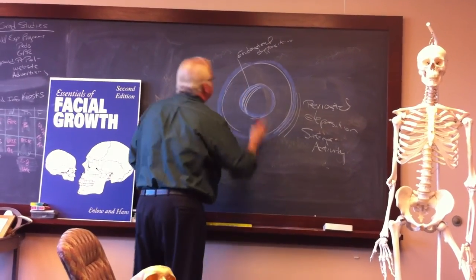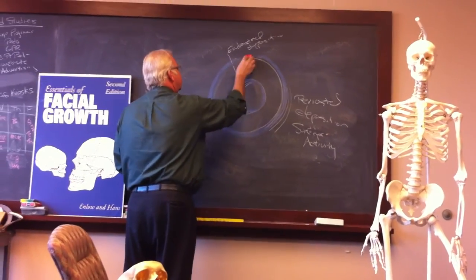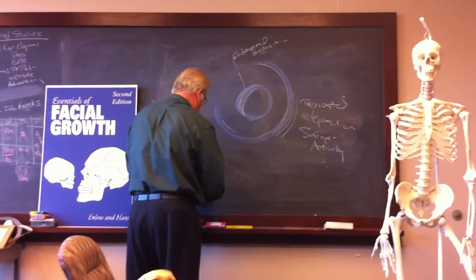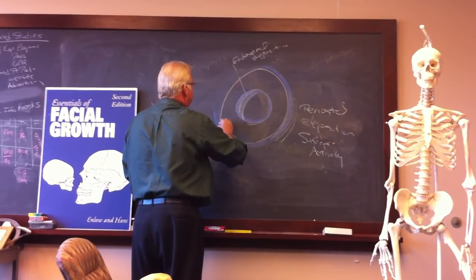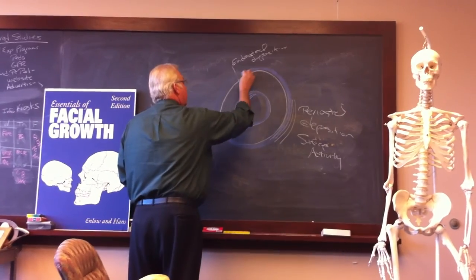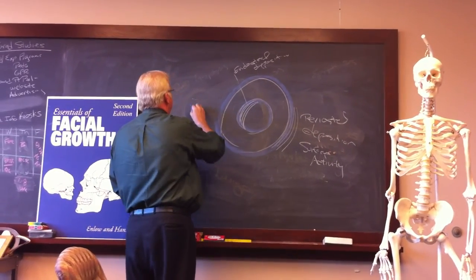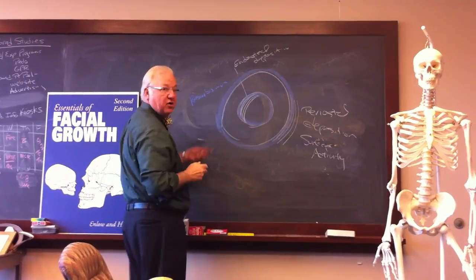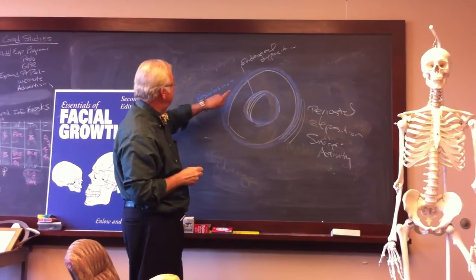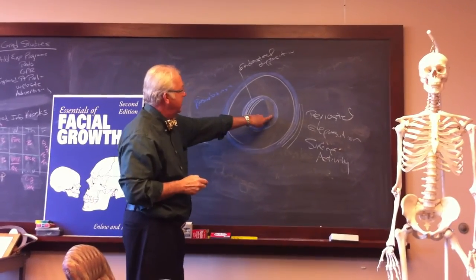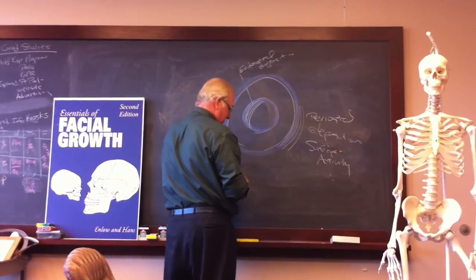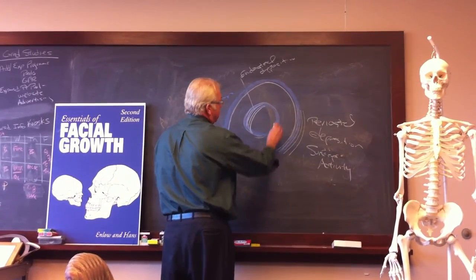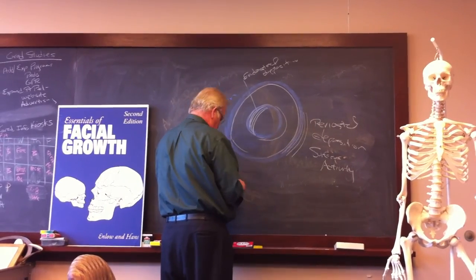When we see dissolution of bone on the surface, like you see here, now we're removing bone, we call that resorption. And if it occurs on the outside, we can call it periosteal resorption. If it occurs on the inside, like you see here, I showed this before, where you might see bone being dissolved here,